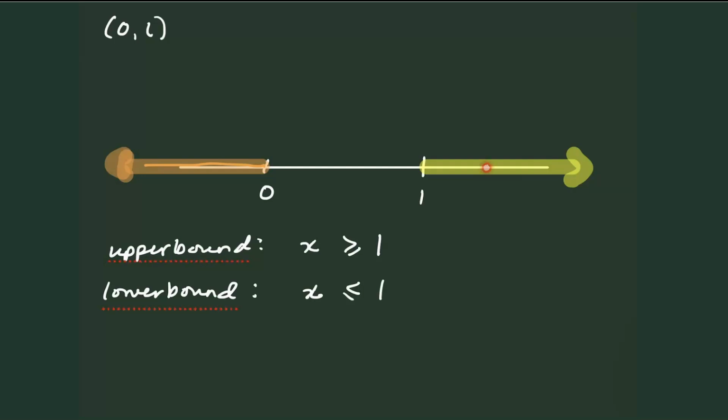Any element in this set would be an upper bound for the open interval (0, 1), and any element here would be a lower bound for the open interval (0, 1). And it's the same, that will also be the same for the closed interval [0, 1]. Okay, so this one will also be upper bounds, and this one will also be the lower bounds for the same set.